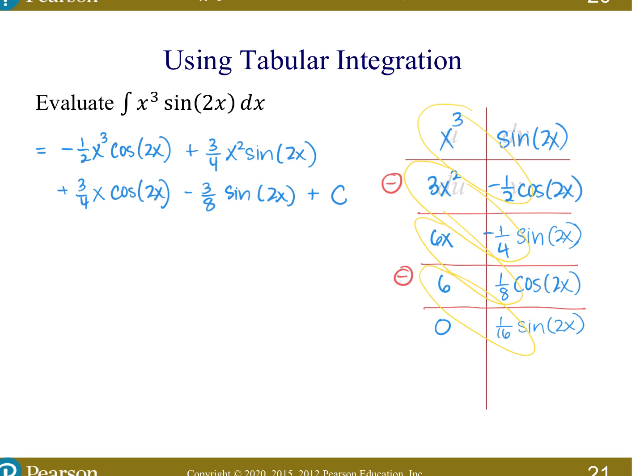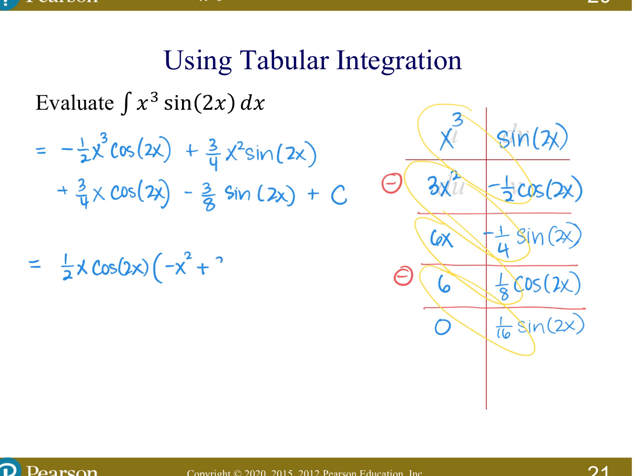Okay, so can you imagine on multiple choice how many different combinations of negatives and positives there could be, right? You miss one negative and you pick the wrong multiple choice one. Now, a more elegant, classy way to write this, you will often see written this way. You'll see the cosine terms pulled out from negative 1/2 x cubed and 3/4 x. In fact, I could even pull out something more than just the cosine terms. What else could I pull out? A half and an x. So you might also see this with it written this way. From those terms, I'm going to pull out a half, I'm going to pull out an x, and I'm going to pull out a cos 2x. That would leave them with a negative x squared